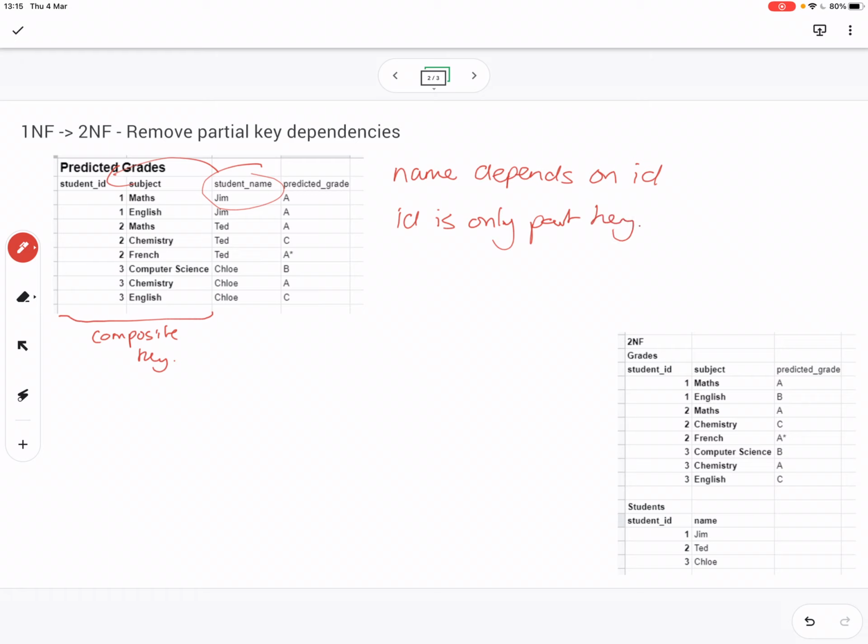It is not the whole key. So how do we solve that? This is where we start to break things up into multiple tables. So I have one table on the top left here, and I'm actually going to break it up into 2 tables. Where I've identified that partial key relationship, I'm going to pull that field out